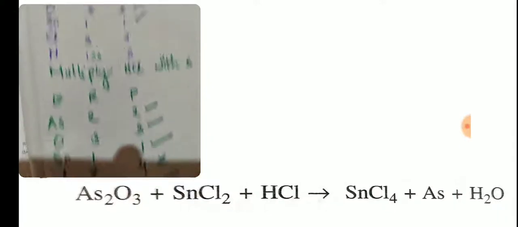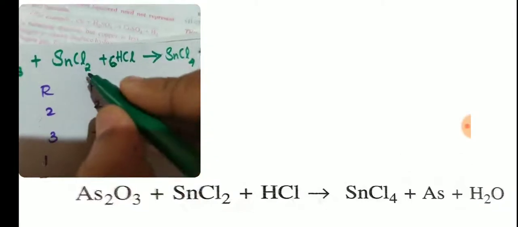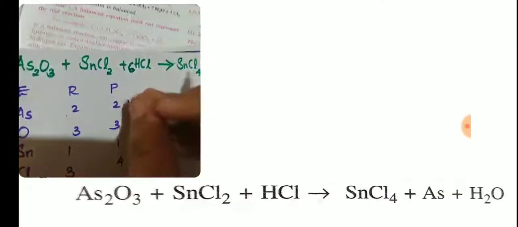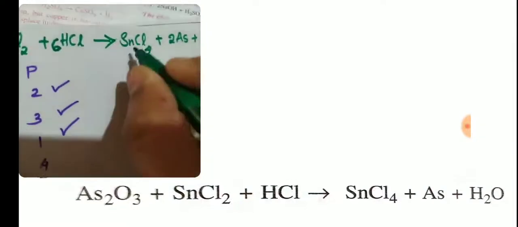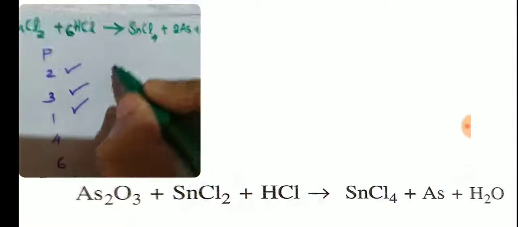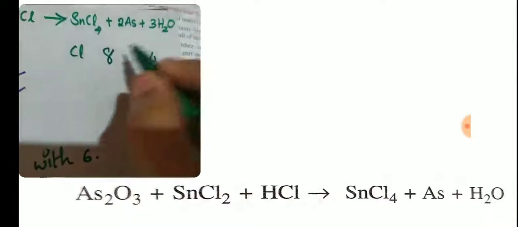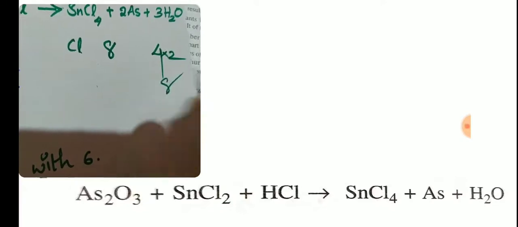So which is our equation here? We have to balance chlorine. Here it is 6 plus 2, 8, here only 4. So we can make it 8. Here in the reactant side, chlorine is 8, and in the product side 4. How can you balance it? Multiply here with 2. So here also 8 will come, right?